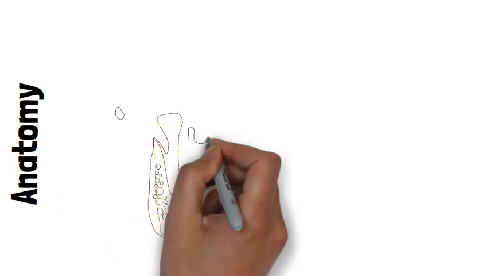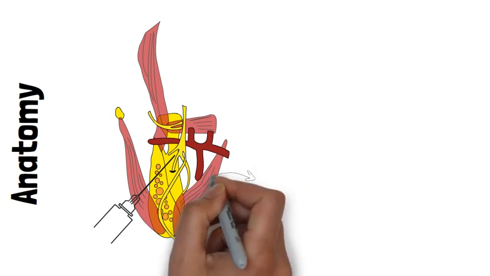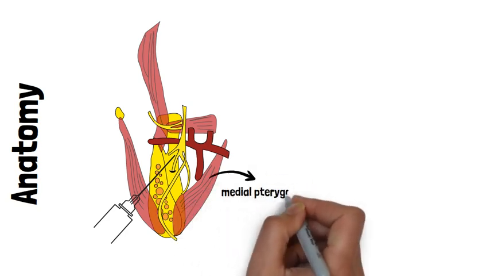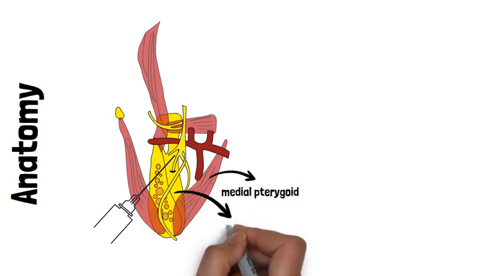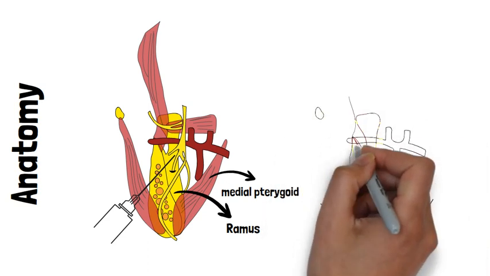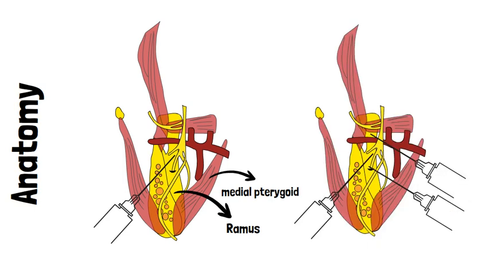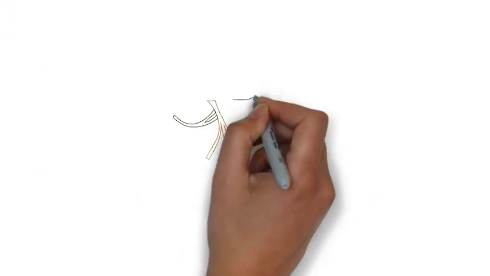Now let's talk about the anatomy of the region in which the closed mandibular block is used. The needle will pierce the mucosa and submucosa on the medial side of the ramus and travel between the ramus and the medial pterygoid muscle towards the target area, which is above the inferior alveolar nerve, lingual nerve, and mylohyoid nerve. This position is at the level of the mid portion of the pterygomandibular space. The height of the injection is below that of the Gow-Gates injection technique and above the inferior alveolar nerve block. No bone is contacted in this block technique.